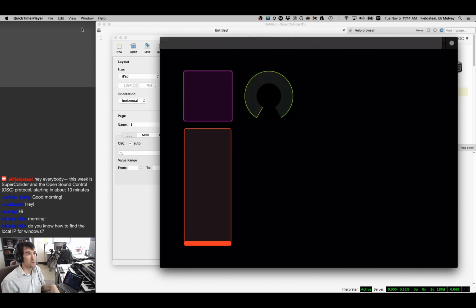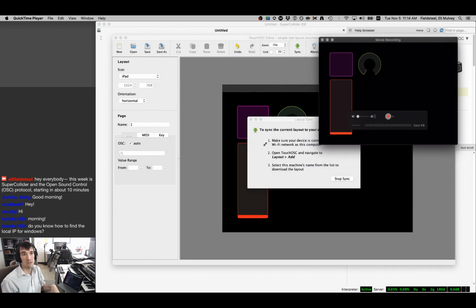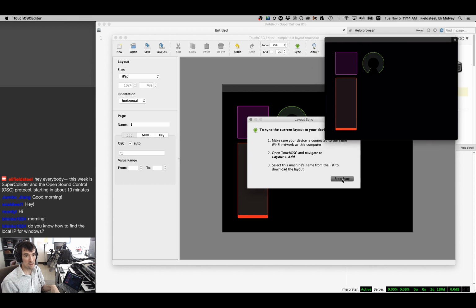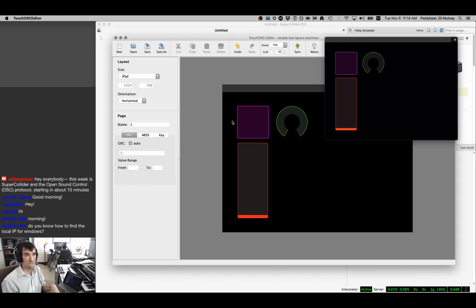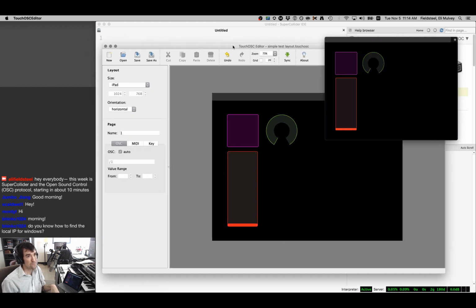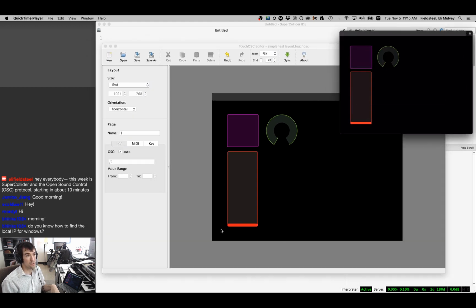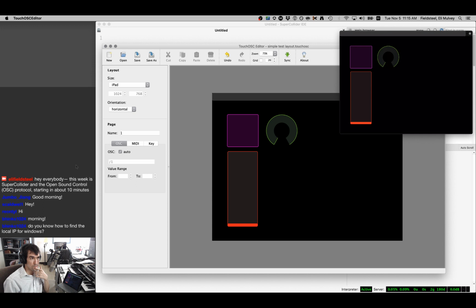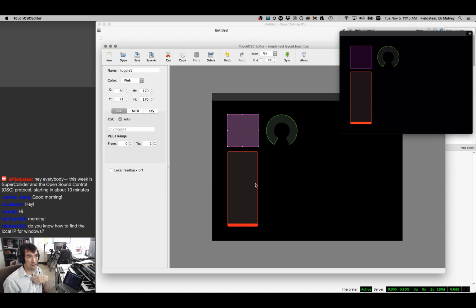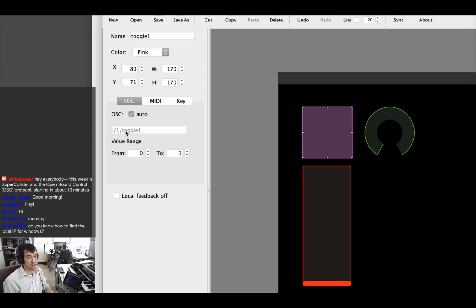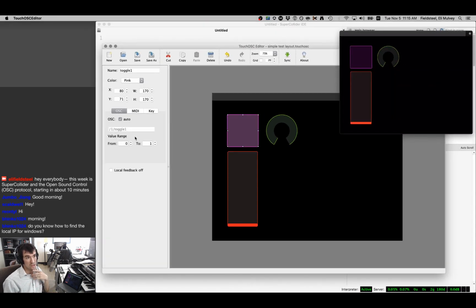All right, we're gonna tuck this away. We're gonna float it on top and make it kind of small. And all right, so we can stop sync, and we'll keep TouchOSC open. There's one more thing I want to point out, which is the OSC section right here. So if we click on the panel, we can see we have a /1 in the OSC section. And if we click on one of these units, the address here sort of changes. We've got /1/toggle1, this fader is /1/fader2,